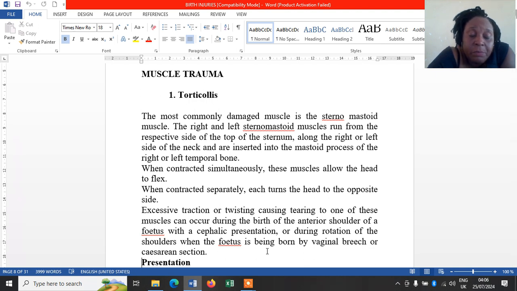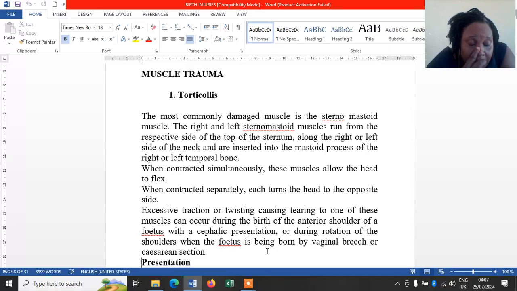Okay, let's pick up from where we stopped. We are continuing with birth injuries. In the previous presentation, we looked at injuries to the skin, which we said are basically iatrogenic, caused by the tools we use during delivery. Under this, we looked at abrasions, we looked at cuts, and then we went ahead to look at